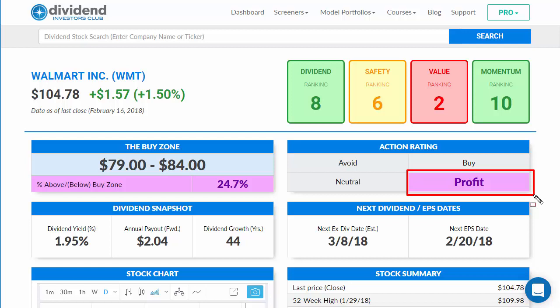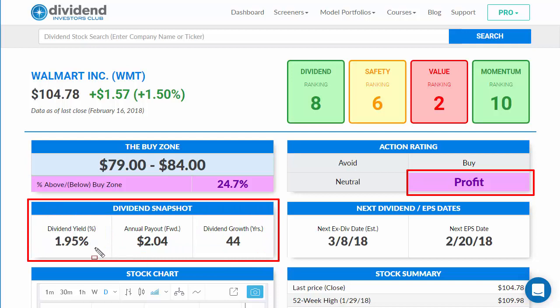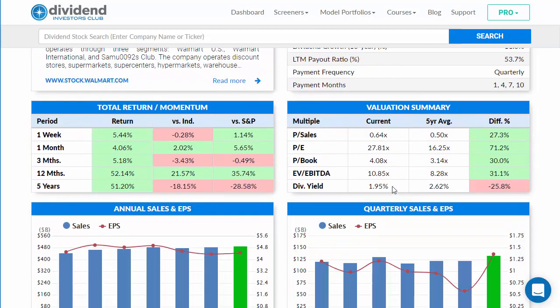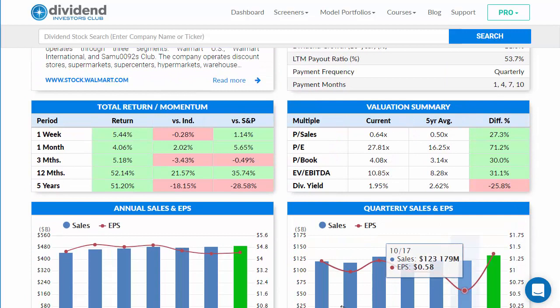I never really recommend selling all of a good long-term position, but there's no reason to not take some profits at certain levels, and that's what this profit rating means. And so you can see that's where it was going into earnings. But you can see this stock has dropped below a 2% dividend yield, and let's take a look at the value and where it was, and there's really no surprise why it sold off. So you can see, in these total return and valuation summaries here,